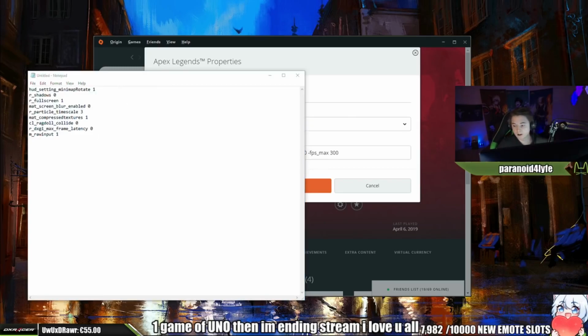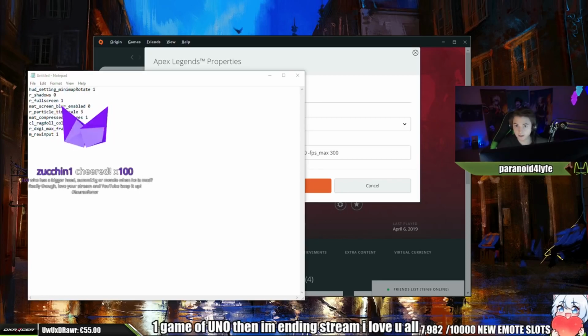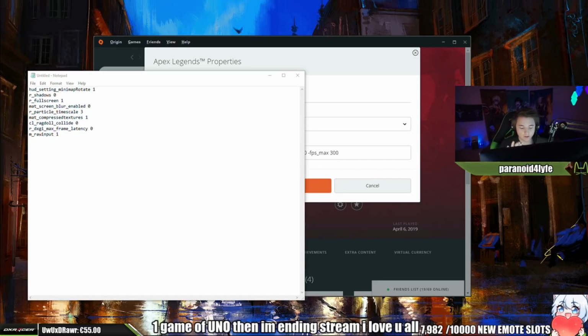Then I found a Reddit thread also. With the Windows update 1809, a lot of games, including Blackout, Call of Duty Black Ops 4, and Apex, as you guys probably noticed, the FPS is now uncapped. The maximum cap is 300 as it was supposed to be, not 144. If you're playing on it and it feels like the game is stuttery, it feels bad, it's running not smoothly, you're getting frame skips, it's probably because of the Windows update,